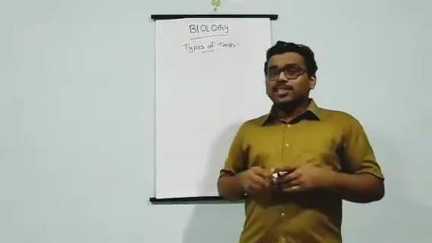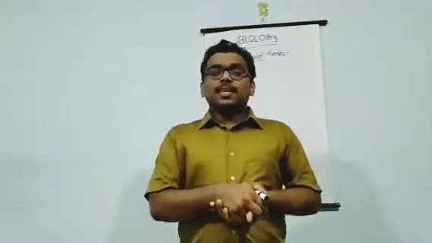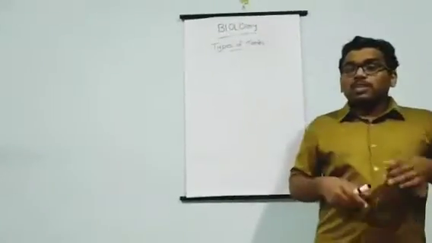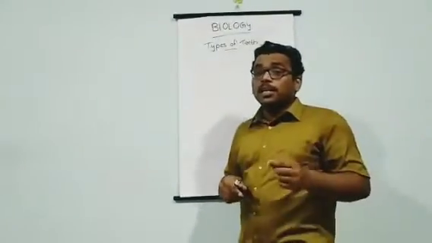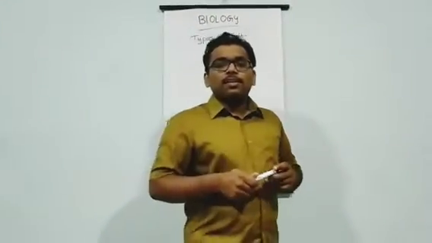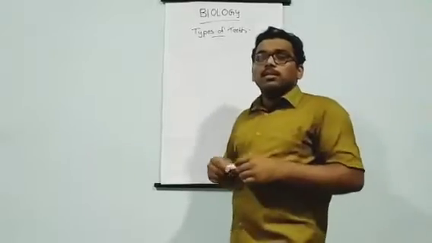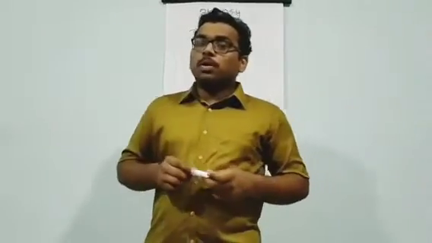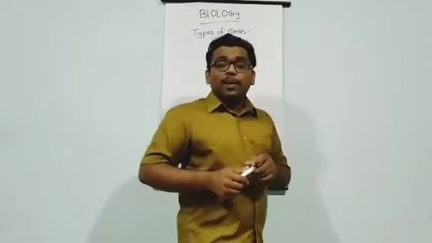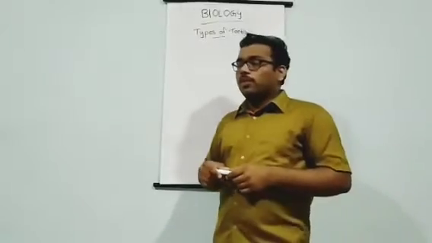Yes, it was incisor type of teeth. Very good. Here is the second question. What is the total number of incisors present in the human mouth? Once again, what is the total number of incisors found in the human mouth? Yes, the answer is right. 4 pairs or 8 teeth. Okay, 8 teeth. Very good.